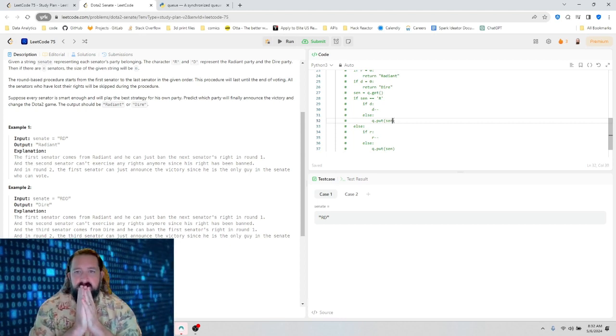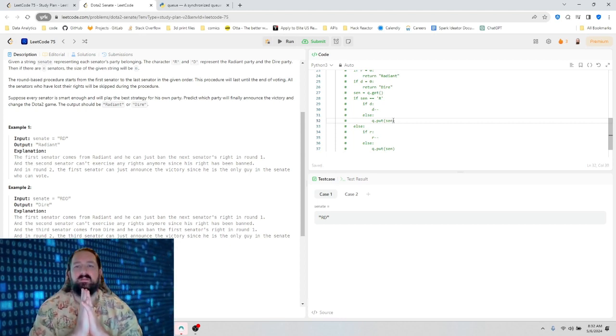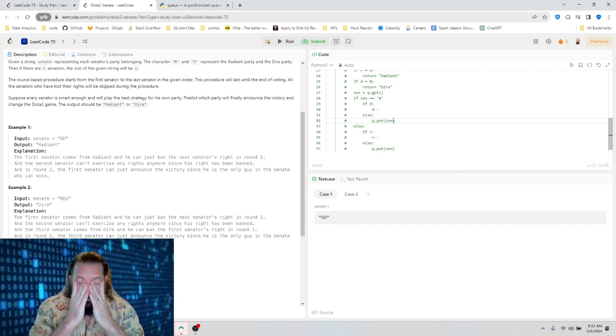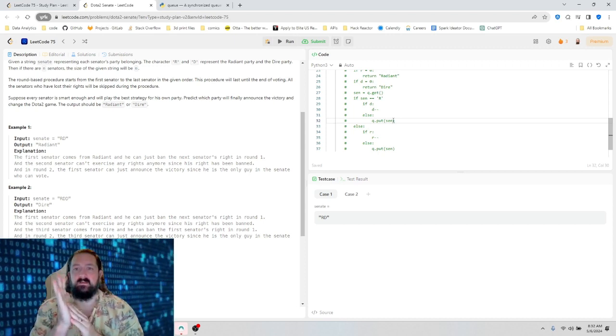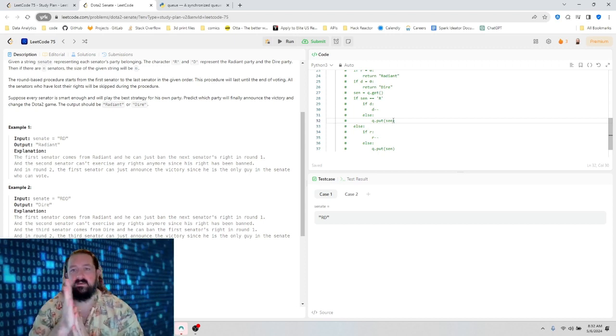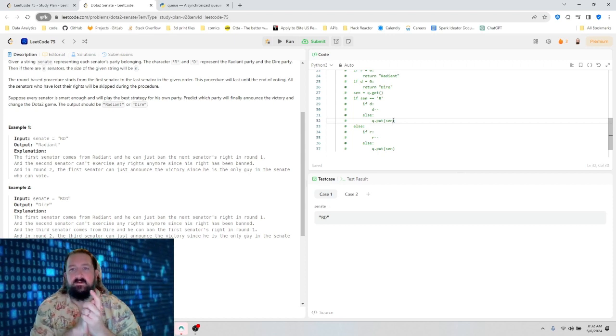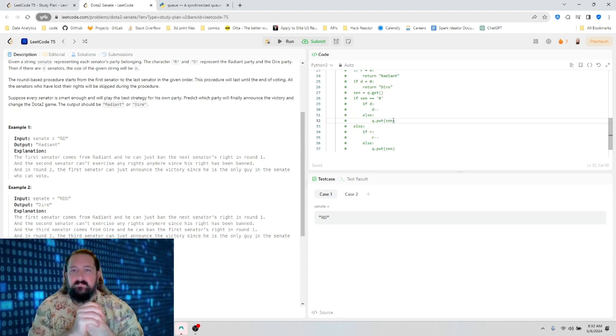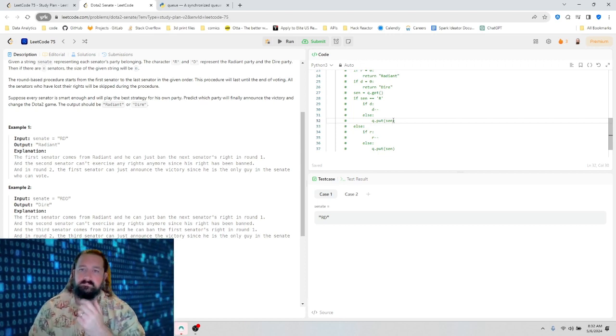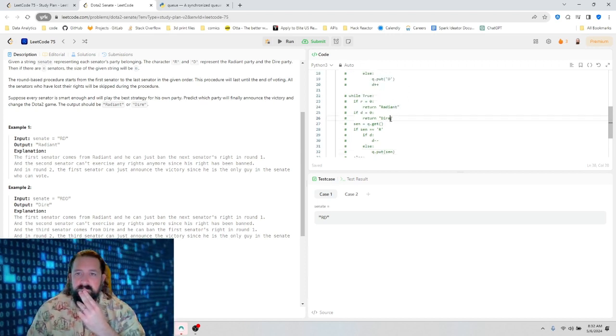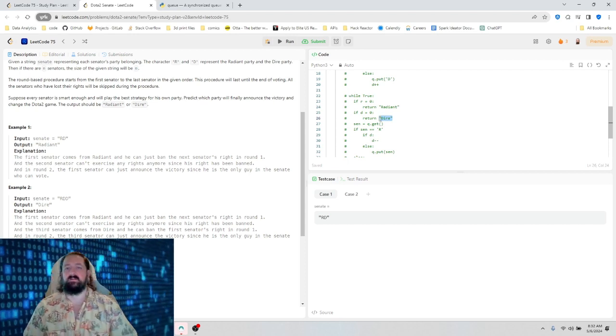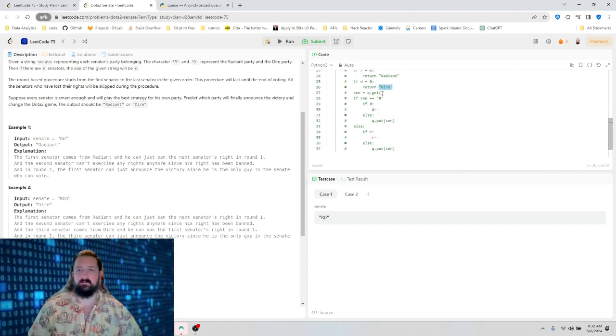Okay. Does this make sense? There shouldn't be an else, because if not D, then we just return. So maybe I don't need the if part. I don't need the if D is 0.